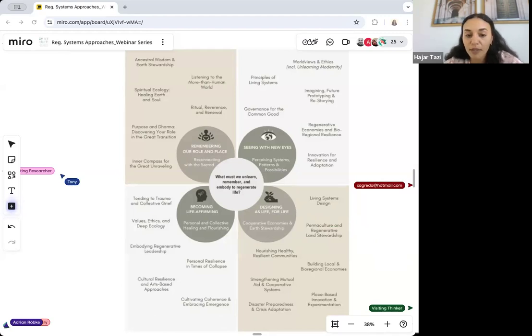And the second movement of this unlearning and learning journey is seeing with new eyes, perceiving systems, patterns, and possibilities. So once we've really rooted ourselves back into the sacred earth, we open our eyes and see in a different way. So this arc explores living systems thinking, regenerative economies, governance for the common good.